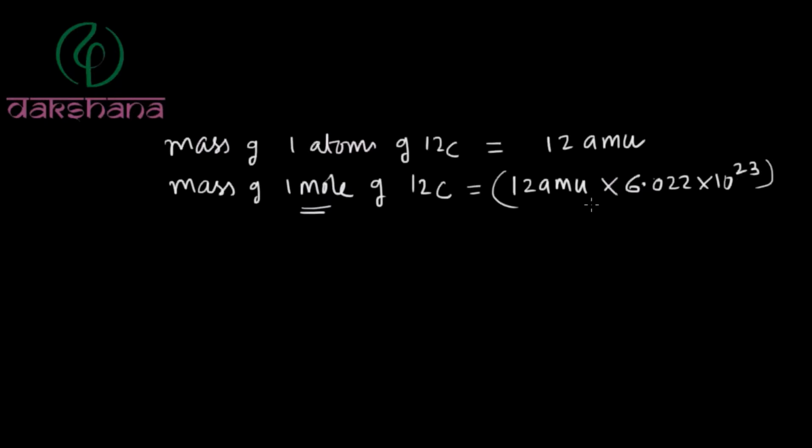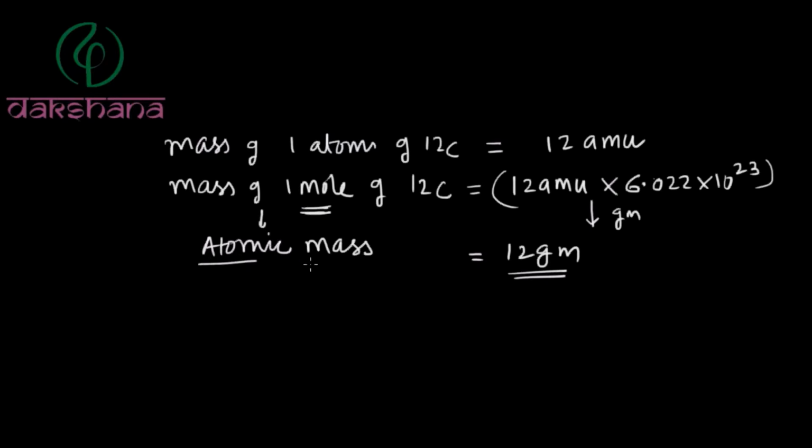And if I finally convert this into grams, then this will give me 12 grams. Basically the mass of 1 mole of carbon C12 is 12 gram, and we also call this mass as atomic mass. Basically the mass of 1 mole of any chemical substance is called its